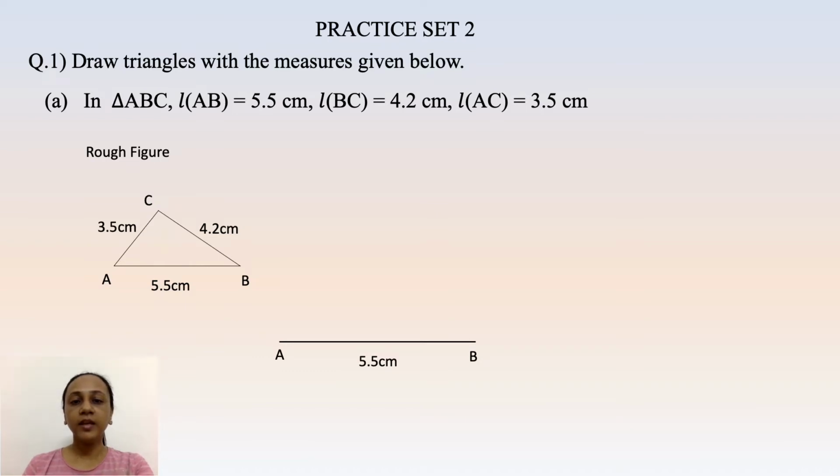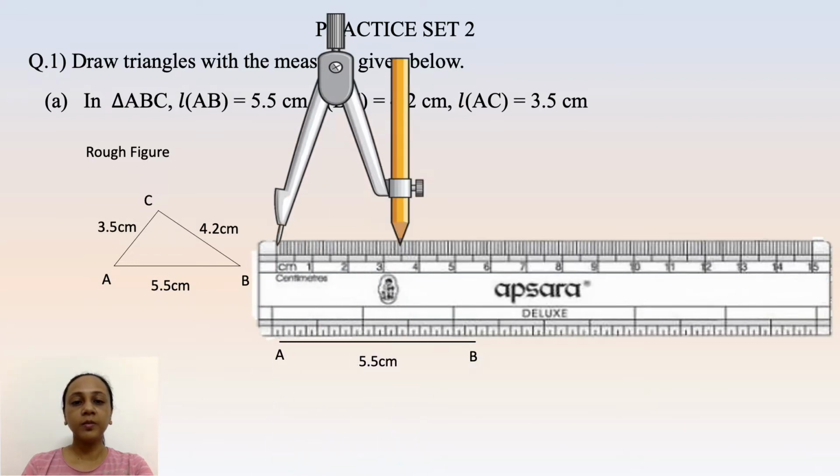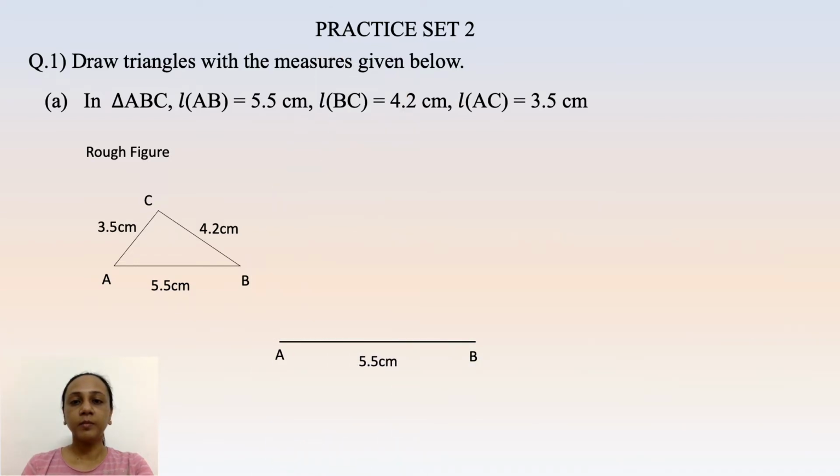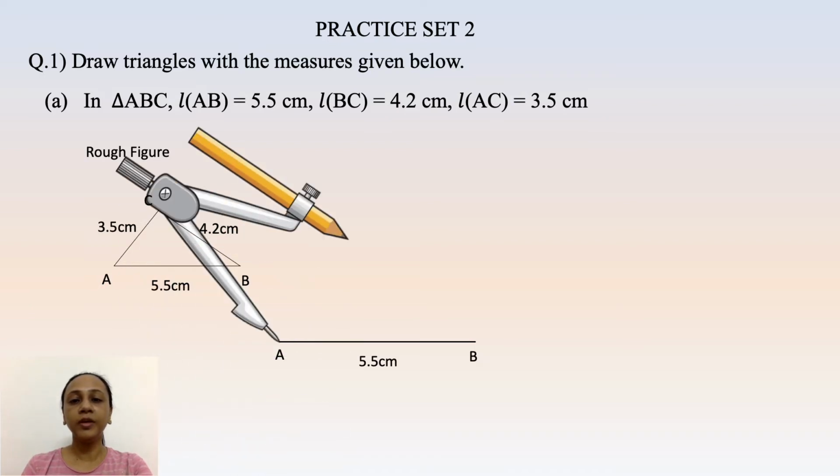As the length of AC is 3.5 centimeter, take measurement 3.5 centimeter in the compass. Place the metal pointer of the compass on the point A and draw an arc on one side of segment